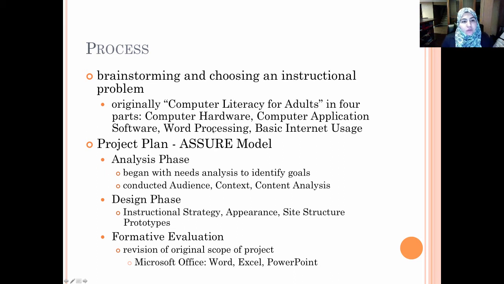So how we went about this, obviously we started with brainstorming and choosing an instructional problem. And the instructional problem that we originally chose was computer literacy for adults. And we wanted to do that in 4 parts: computer hardware, computer application software, word processing, and basic internet usage. We started off with the project plan, and we tried to follow the Assure model. And there were 4 basic phases to our process: the analysis phase, design phase, development phase, and the evaluation phase,